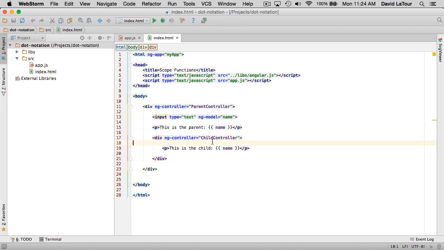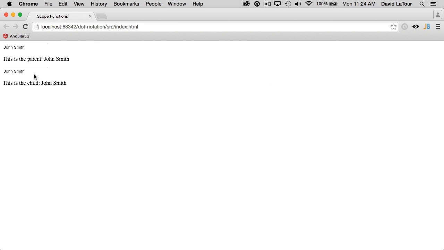So as you can see, I've put two inputs in the HTML. The first one is in the parent and the second one is in the child. Now when I run this, an interesting thing occurs. If I change the value of the parent input box, both the parent and child work properly, as you would expect. But if I go down to the child and I make a change, that in effect breaks the data